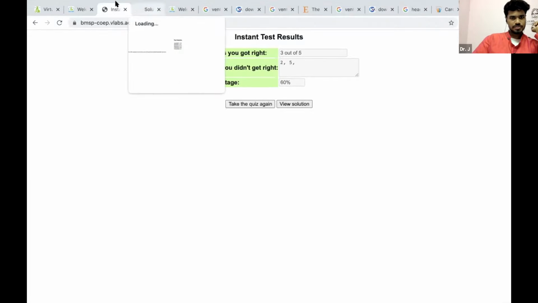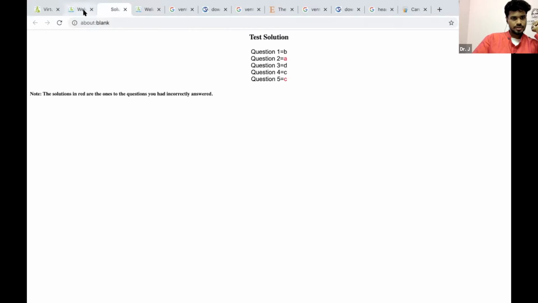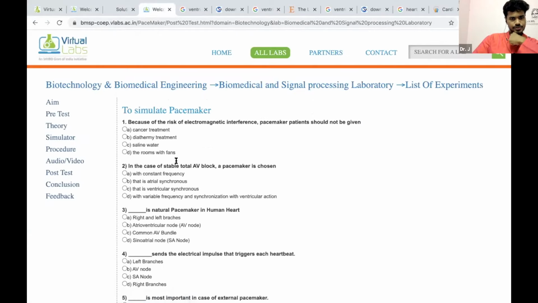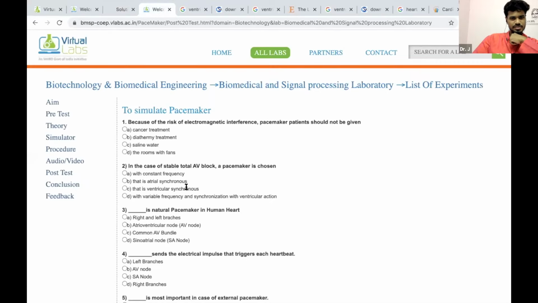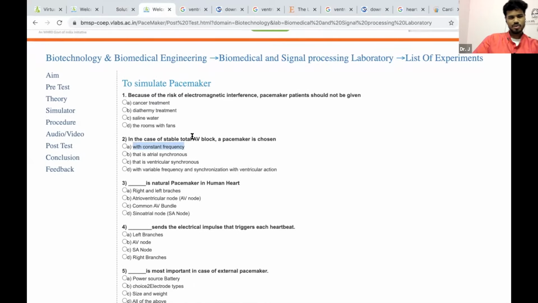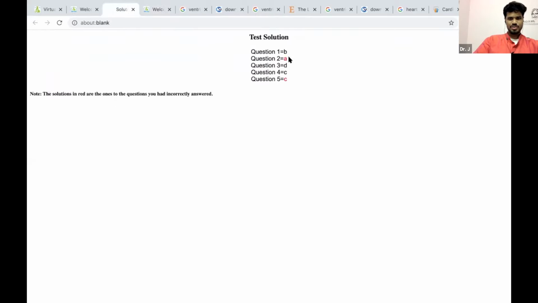Oh no, there is one simulation detail we want to show. Okay, few things. Why is 2 incorrect? What are they saying? You have to do it with A1. Okay, that will run into trouble. Stable AV node block, SA node is still active. This will run into trouble. You should make it atrial synchronous. So I don't take this.